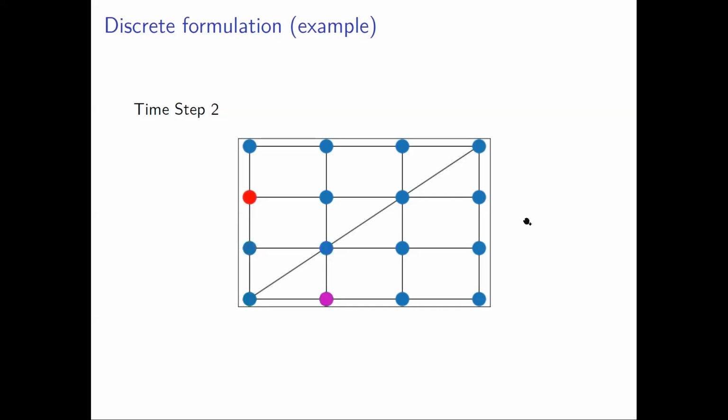Next slide, please. Now we can see that the red agent has started to sense the secondary target in the top left corner and is being drawn towards that, while both the green and purple agents, which are currently overlapping in the bottom right here, are heading more towards the primary target. Next slide, please. You can see the red agent has now reached the secondary target. The green agent is moving towards the primary. Purple has moved back. Again, you can see the red agent has now moved past the secondary target, and all agents are starting to converge towards the primary target because we're running out of time.